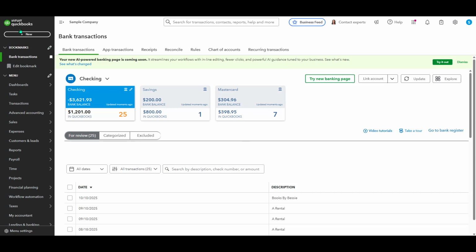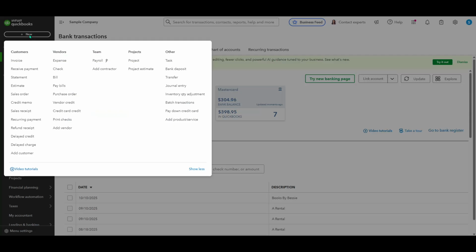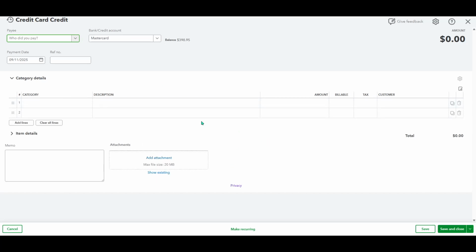First, let's start by navigating to the top right corner of your QuickBooks dashboard. Here, you'll see a button that says New. Go ahead and click on that. This will bring up a menu with a variety of options for different types of transactions you can record. From this list, you'll want to select Credit Card Credit. This is the type of transaction that allows you to log any cash back or statement credits you've received from